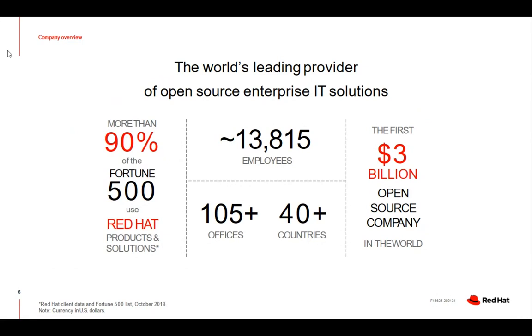90% of the Fortune 500 companies use Red Hat products and solutions. Now, how is that happening? I remember the times when there were companies who used to say open source is a cancer, but now the same companies say that, yes, we love open source. So this is where the trust in the industry has come forward, right? Why should a customer pay for the licenses when they have the option to pay only for the support and use the software for free? How does it work? We'll see it later.